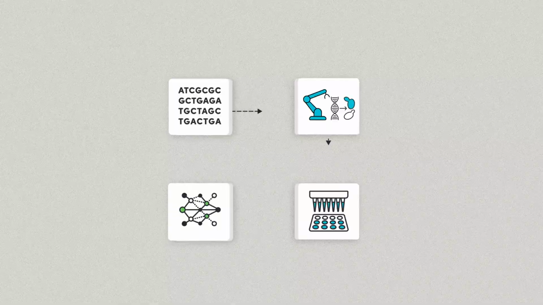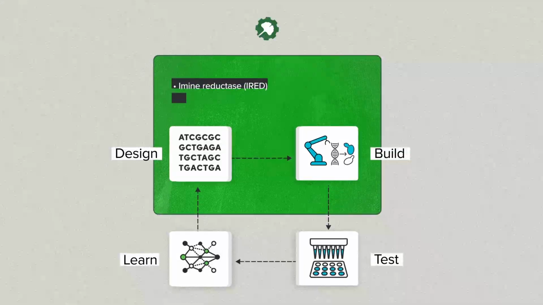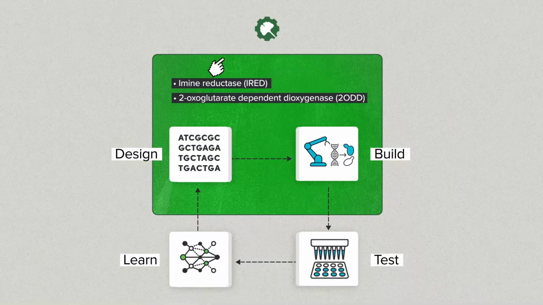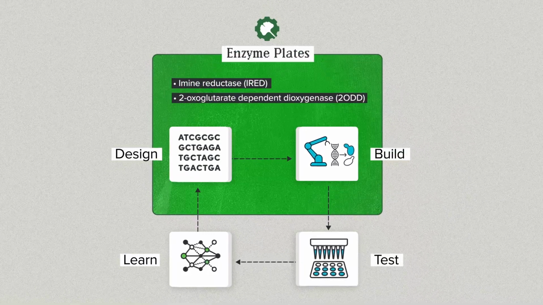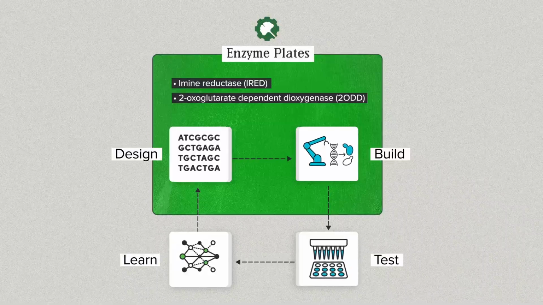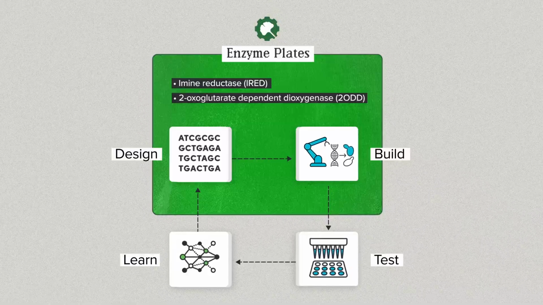Or how about design and build? Maybe you want to do the testing yourself. For example, you're doing pharmaceutical manufacturing and you need enzymes to perform in your existing process. We offer sample plates of pre-designed enzymes with popular chemistry. You can evaluate them for free in your process, and if you like the results, license the enzyme from us. Or we'll put together a custom enzyme plate for a small fee.